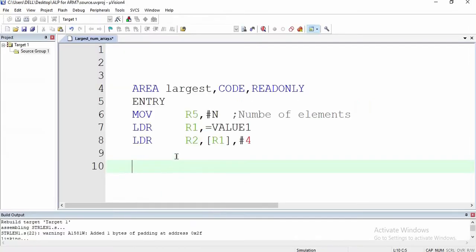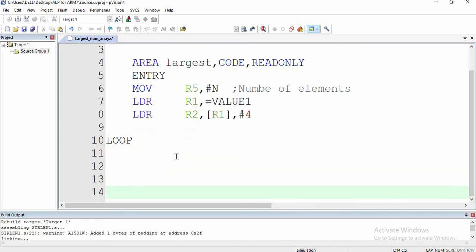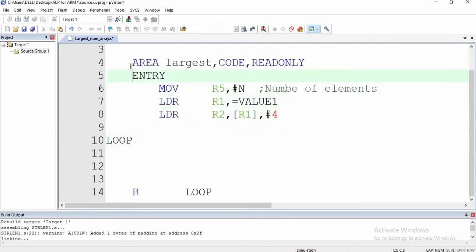It looks like this loop, and in between we will write code and we will branch for some condition and we will again loop back. So this is similar to the for loop that we have just used. I'll just indent this one.